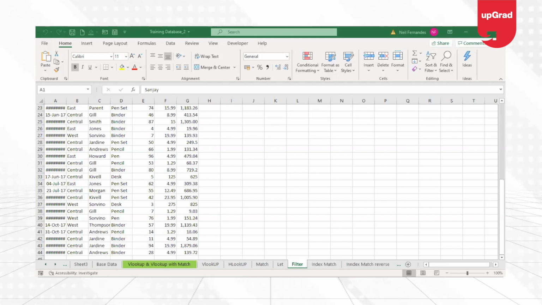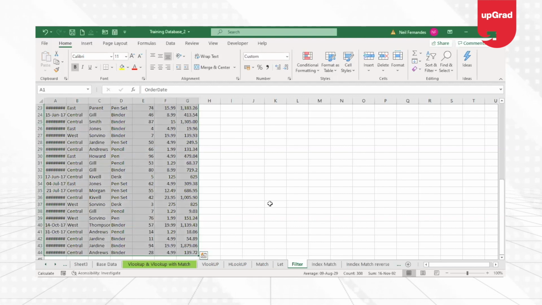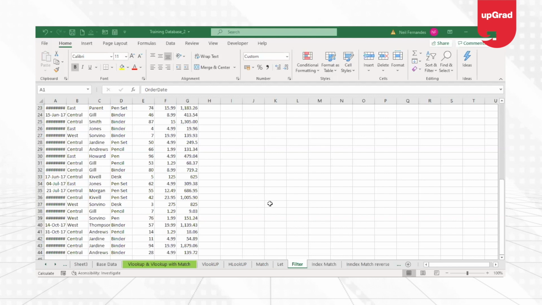So how is this useful as compared to the filter command that you have? The filter command can work when you filter it every time. But every time there is a change in the requirement, it will not automatically check. Here, if there is a change in the requirement, it will automatically check for the new data and give you the result according to your requirement. You don't have to keep on doing the filter every time. So it becomes very, very simple to check when you have a new requirement coming up.